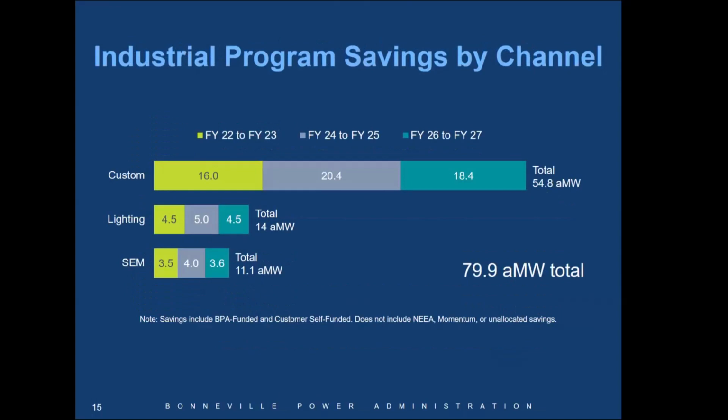Looking at industrial a little bit closer, first, top line numbers, just under 80 average megawatts. So this is our second largest sector by savings. The vast majority, I think around 65, 70% coming from custom projects with lighting and SEM neck and neck for that second